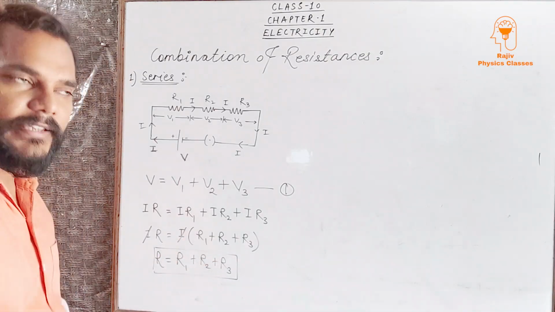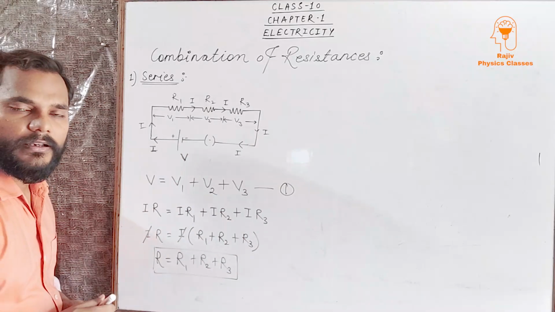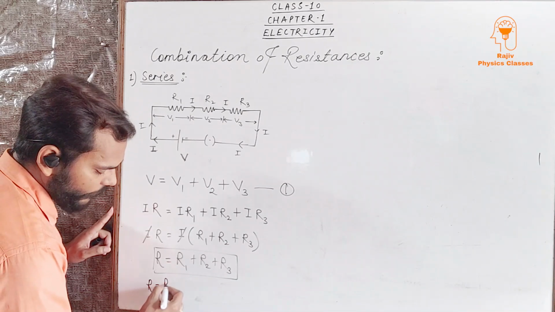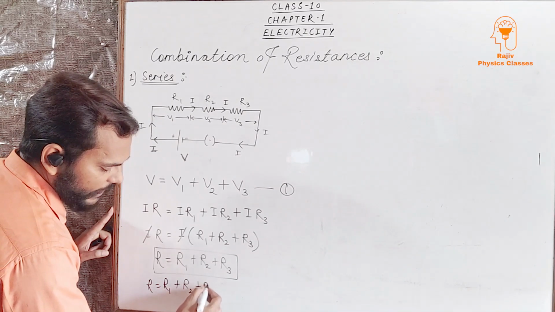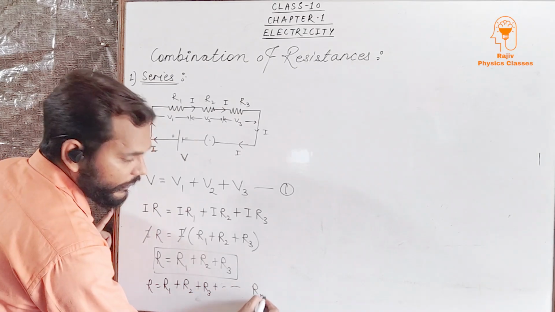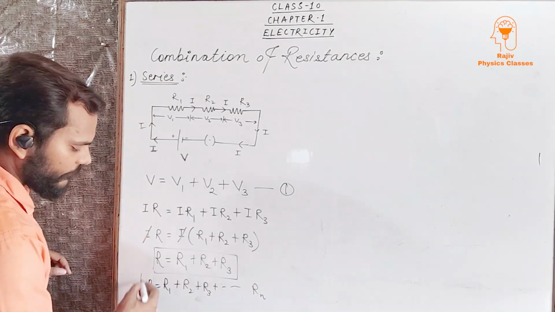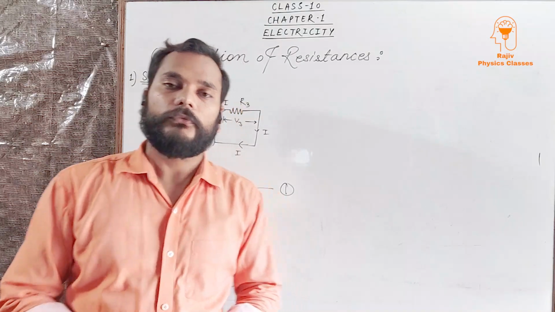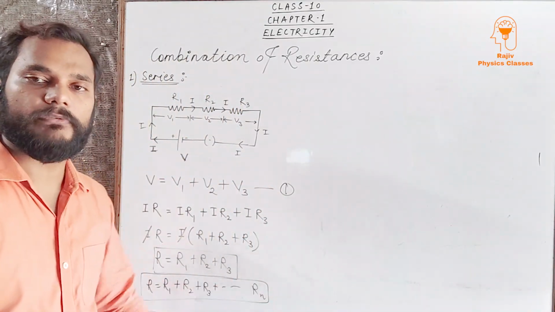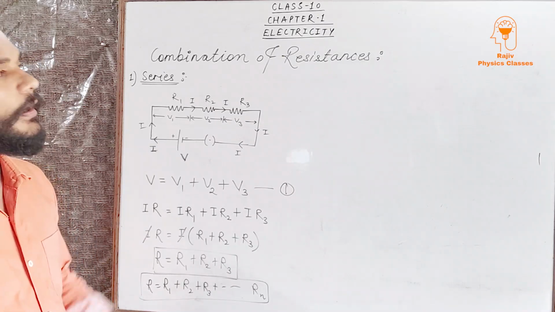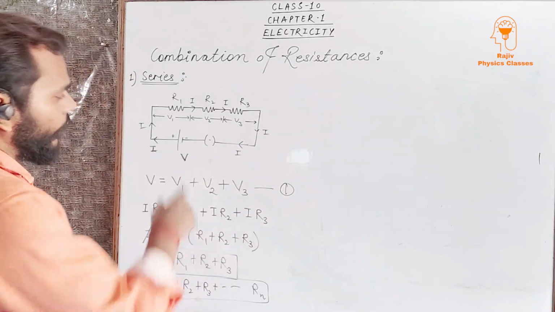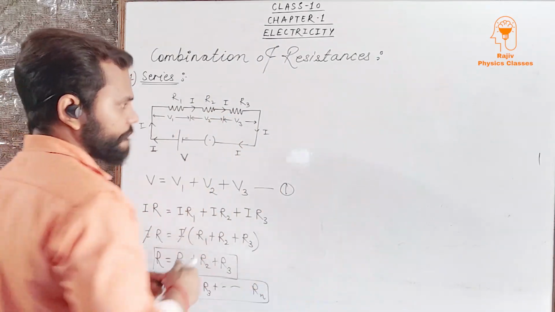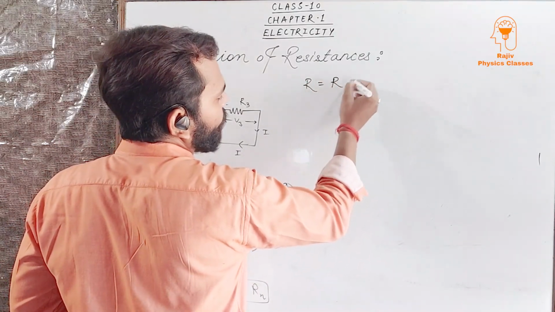That means if I write this formula for the equivalent resistance for all the resistances connected in series, suppose we have n resistances, so I can write this formula for n resistances, R1 plus R2 plus R3 and so on, Rn. If we have n resistances, we can write the formula by the algebraic sum of individual resistances. One more thing, if all these resistances may be the same value, R ohm, then tell me what it will come.